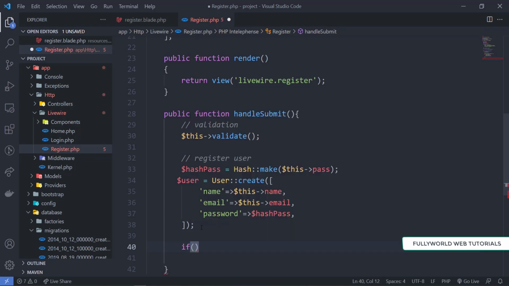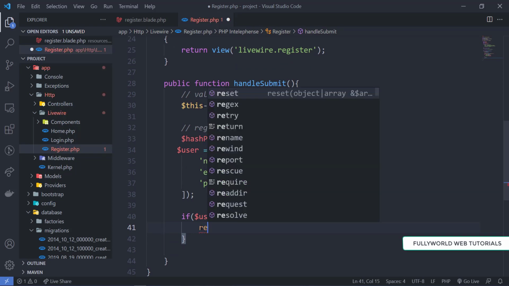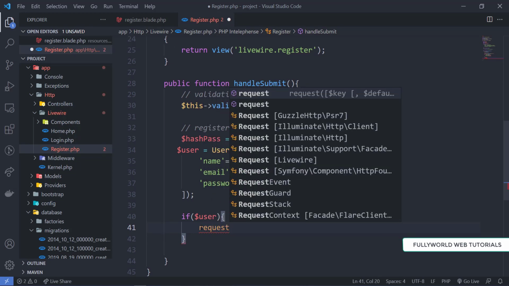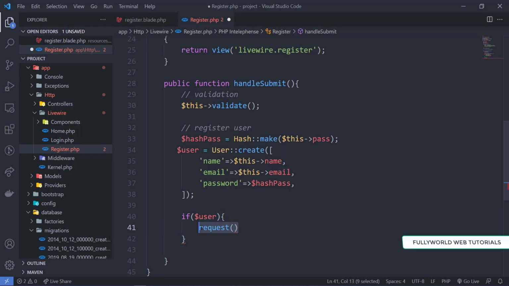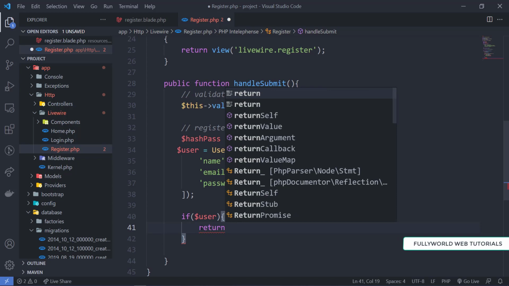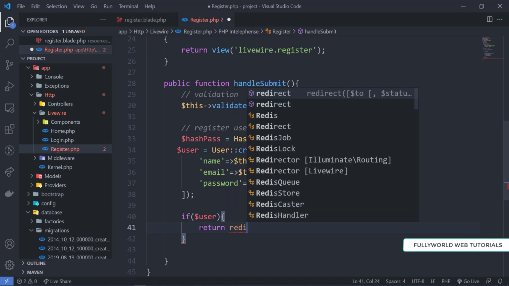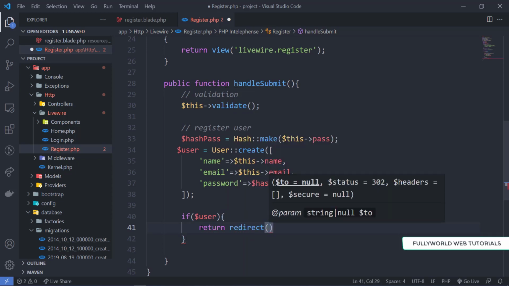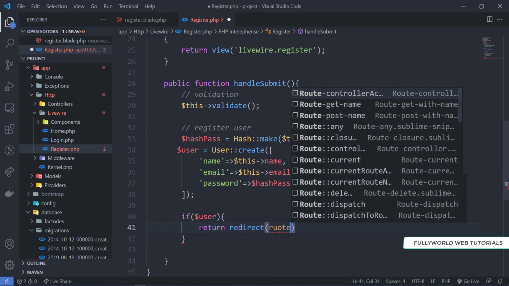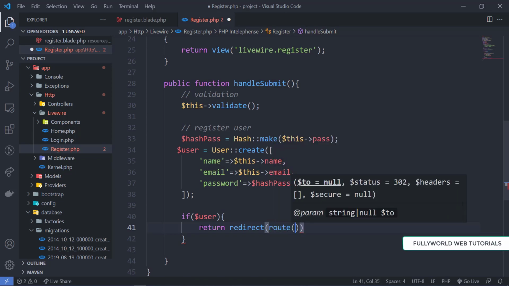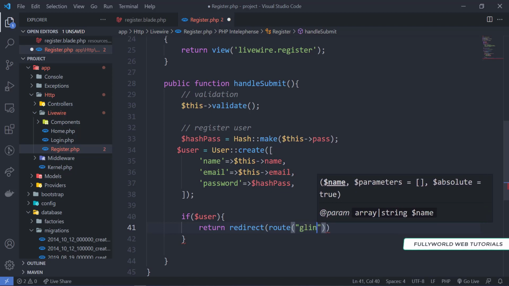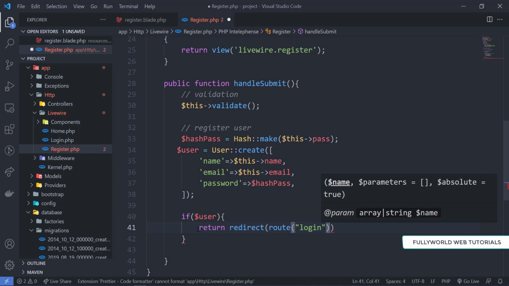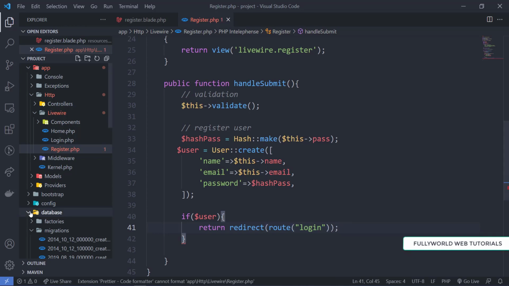So if $user is there, then we are going to just return redirect. We are going to redirect to route, and that route will be login. Login is the name of the route as we defined here.